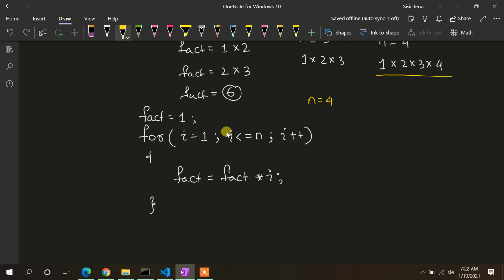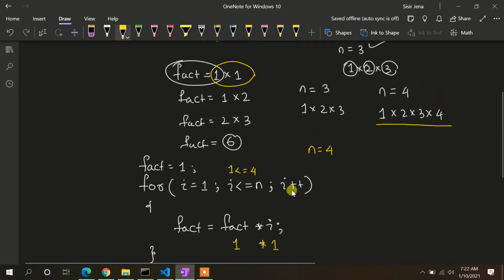Let us understand whether our coding is working or not. So i equal to 1, 1 is less than or equal to 4, the condition is satisfied, we enter into the loop. So first, fact has the value 1, now i has the value 1, so 1 and 1 get multiplied. After multiplying 1 into 1, we get the answer as 1.